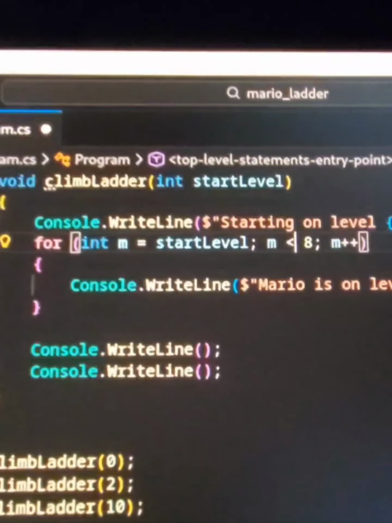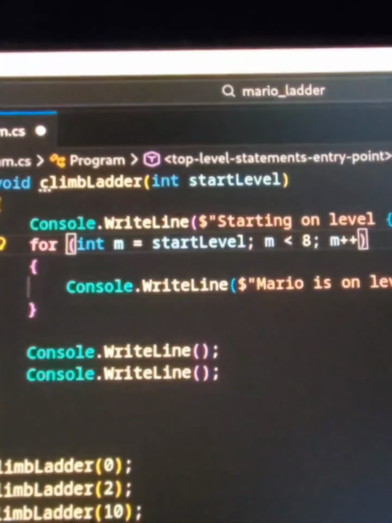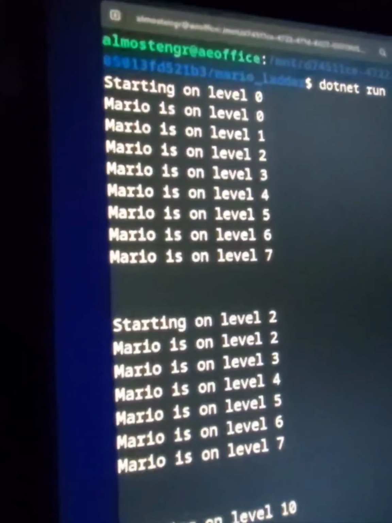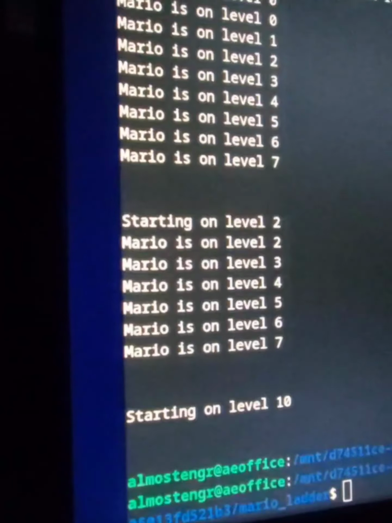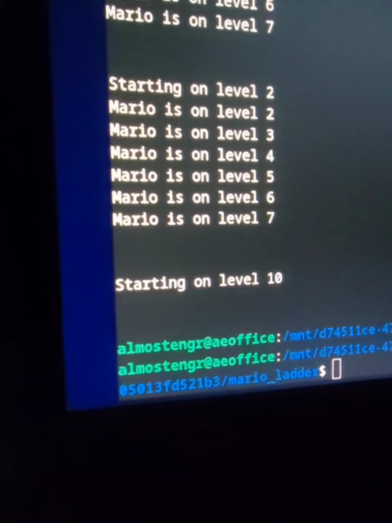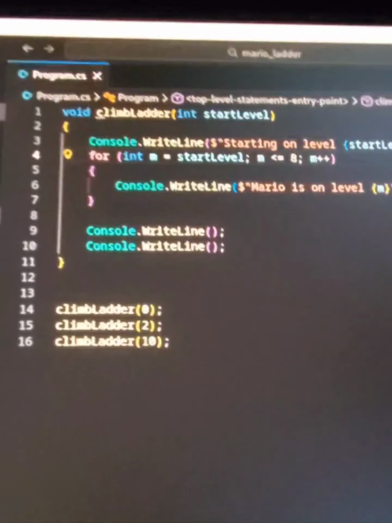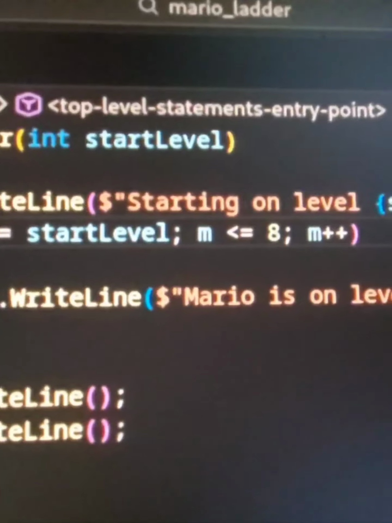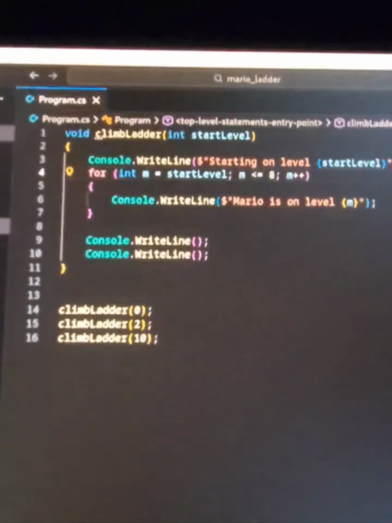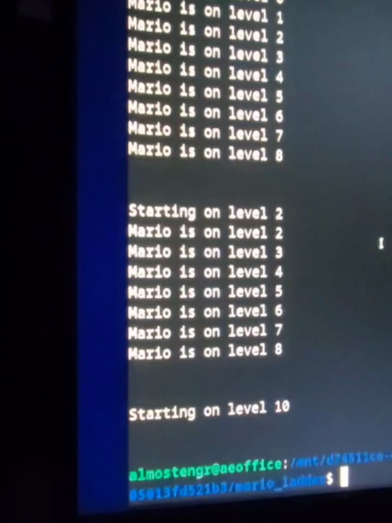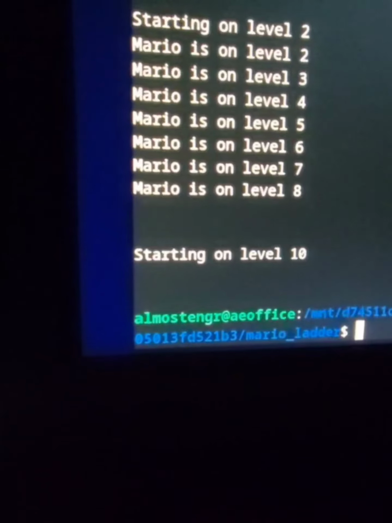So I ran it as is with the starting level equal to 0 and all these others. And what you get is Mario is starting on level 0, and he goes from level 0 to 7. When he starts on 2, he goes from 2 to 7. And when he starts on 10, he doesn't go anywhere because he's greater than 8. Now I've changed it to m is less than or equal to 8, which means he can reach the 8th level. And what you see is it goes from 0 to 8, 2 to 8, and starting on 10 goes